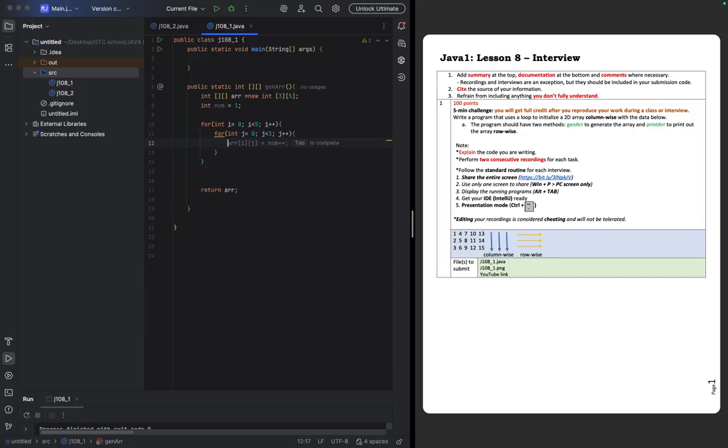Now, this is where we're going to count each number and assign them to the subscript. Then now we need to do our print array method. So again, public static, and this is going to be a void since we're just printing out some data. Call it print array, and it's going to take a 2D array. So int